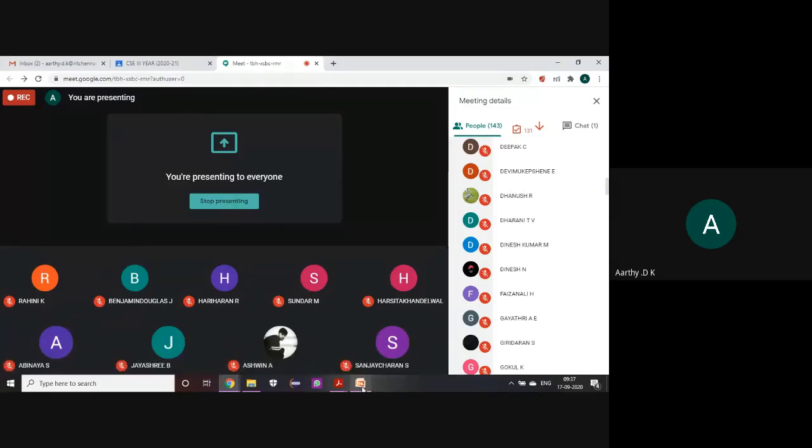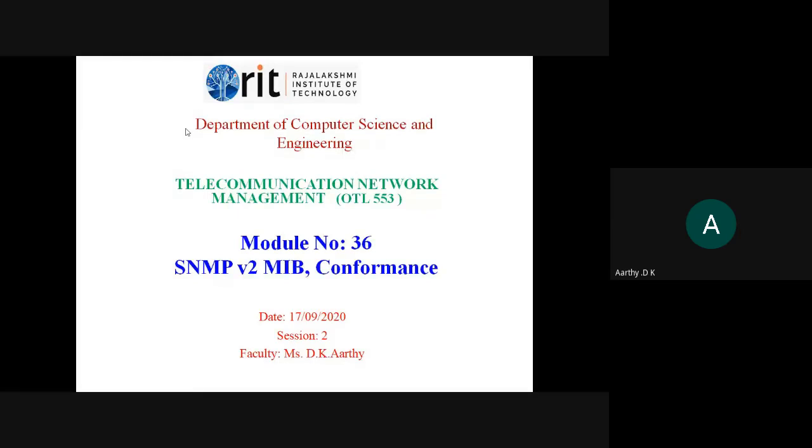So we'll start for the day with a glance at what we saw yesterday. We were seeing the SNMP version 2 architecture. We had manager to manager communication possible, that is peer to peer. Instead of the 5 messages in version 1, we had 7 messages. The additional message was the get bulk message, so that helped you to transfer data at a faster rate, and you can transfer a much higher range of